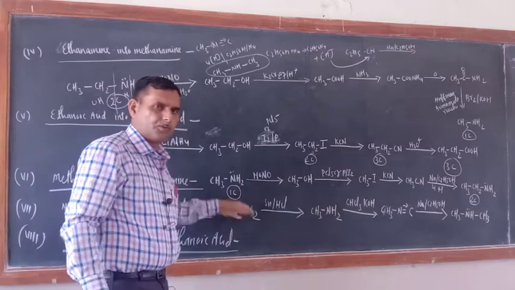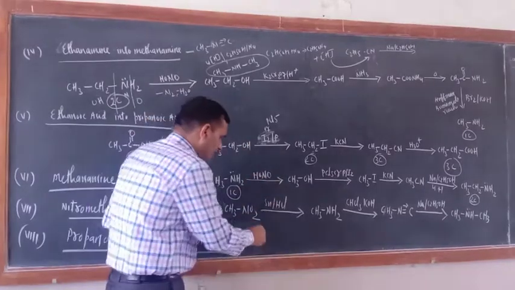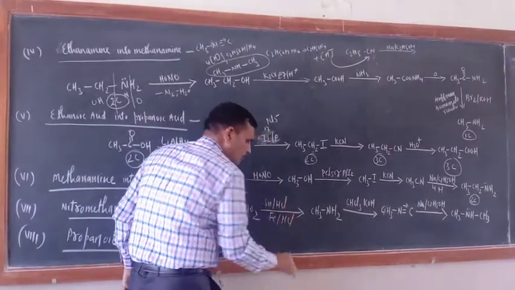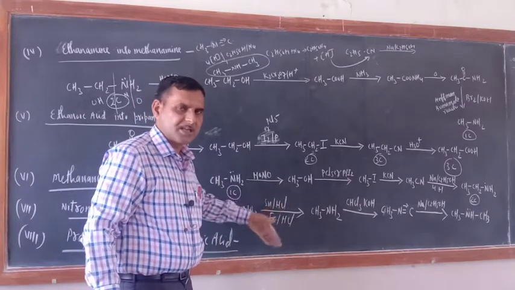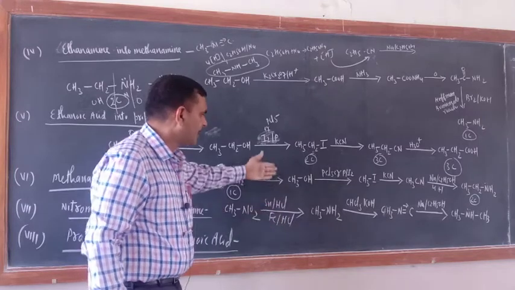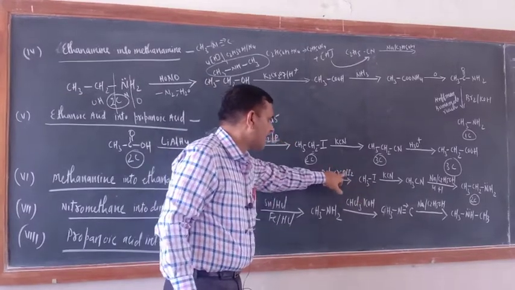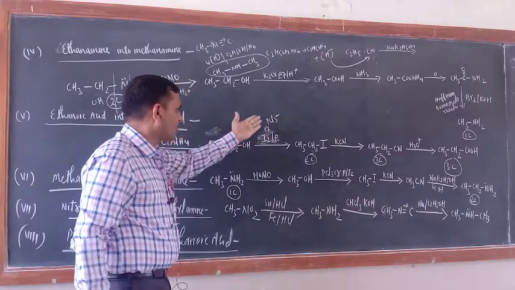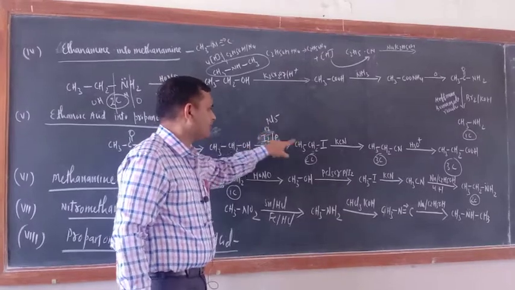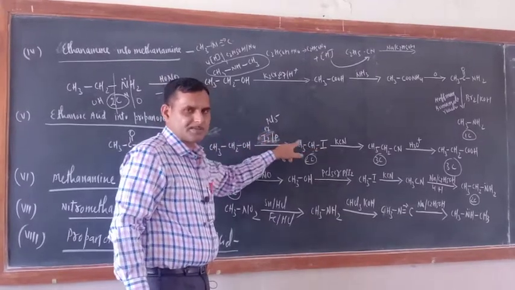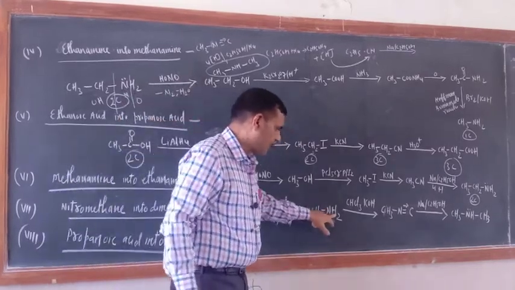So just see, NO2 group, it is very simple. NO2 group should be subjected for reduction, Sn/HCl. You can take Fe/HCl also. It doesn't mean that if I have written this one and in the book it is written that one, I am wrong. There are so many reducing agents, either one you can take. Like here also, alcohol can be converted into alkyl halide by taking PCl5 or PI3. Similarly, ethyl alcohol can be converted into ethyl iodide by PCl5 or I2/P. If PCl5 you take, then Cl would be there. If I2 with red phosphorus you take, then I would be there. Okay, come back here. So NO2 will be converted into NH2, no problem.